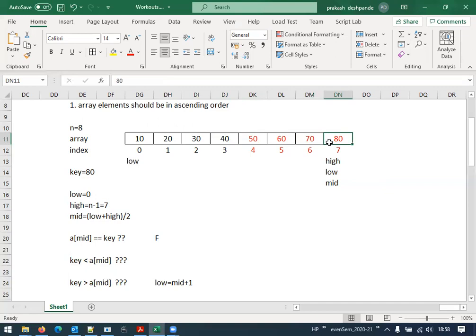Now, if we had applied the sequential search or the linear search, we would have ended up comparing 8 times. That is almost double that of the binary search. Correct? This way, we can understand that binary search is much faster than the sequential search or the linear search.